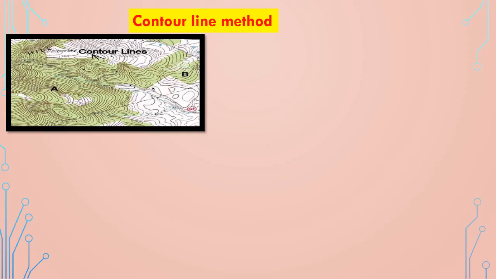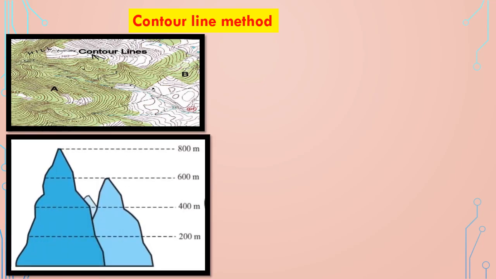One of the methods to know the elevation of landforms is the contour line method. For example, let us take the hills, a type of landform, and you know it is a 3D object. Look at this picture which is also given in chapter 13 of your maths textbook. Its front view is clear for us. Of course, we don't know how the aerial view or the top view of hills may look like. Now look at the lines drawn on them which show their approximate heights from the ground level.